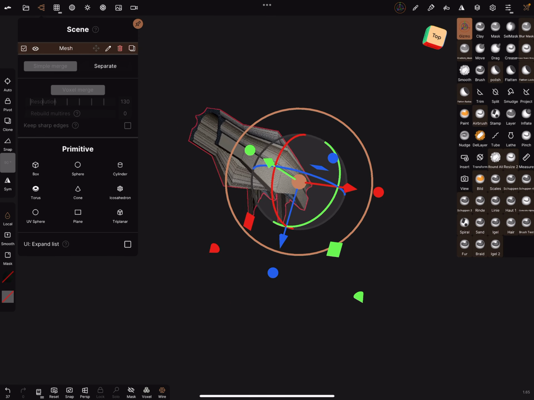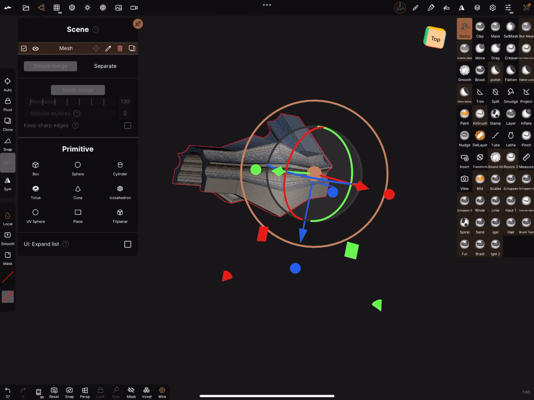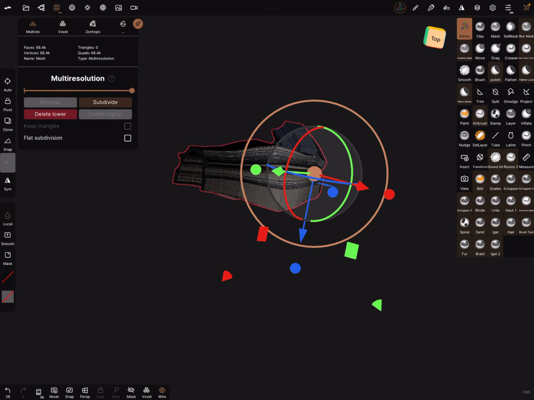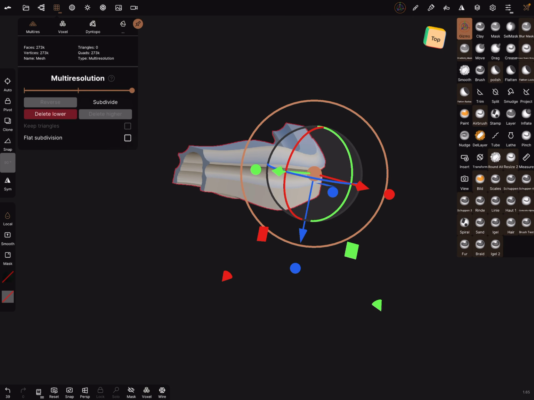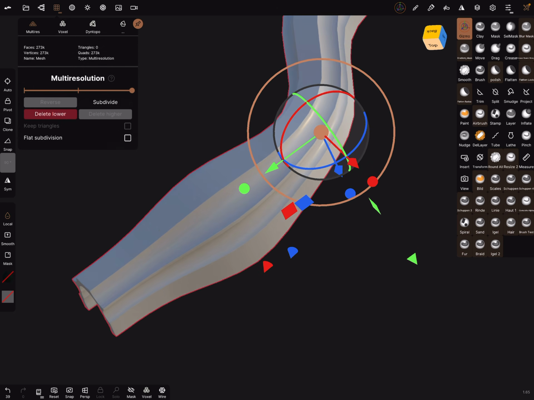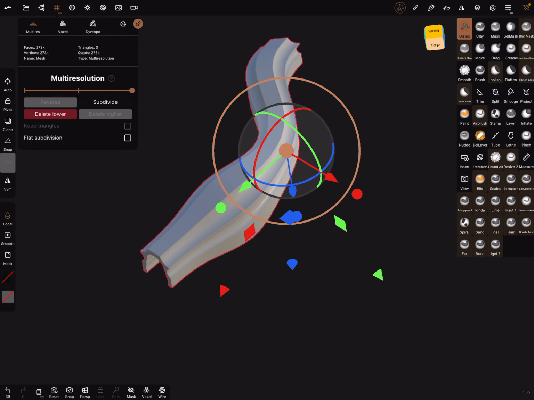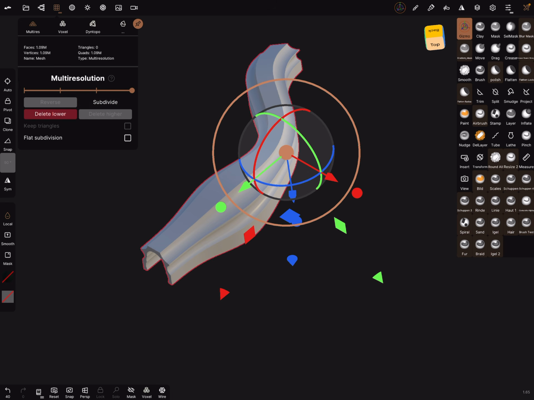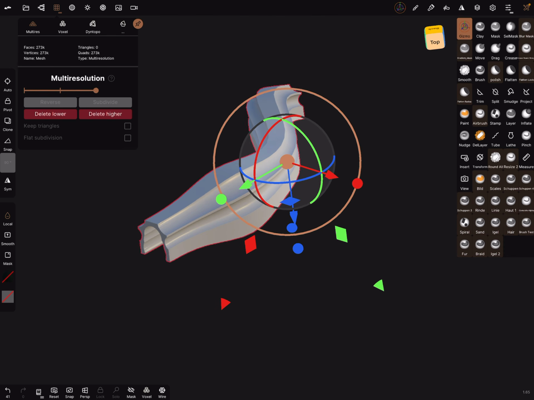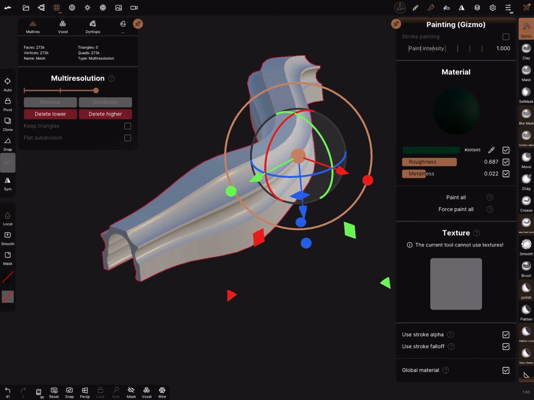And now when you're fine with the adjustments, you can use the subdivision. You can use the flat subdivision, or you can subdivide it to get it smoother. Like this. I turn off the wireframe, and now you get a shape like this. And yes. No, the subdivision is not needed. You can give it a color.